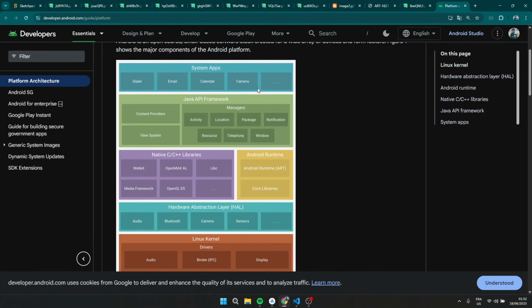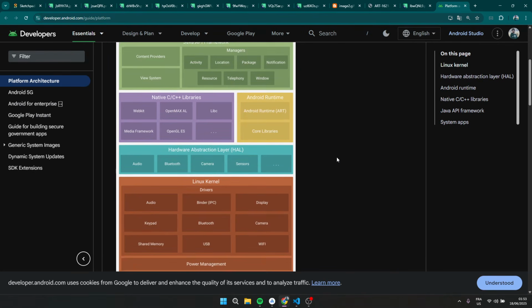We also have broadcast receivers. A broadcast receiver is a type of component that is designed to respond to system-wide events. Its primary purpose, guys, is just to handle events. So, what happens when your battery is getting low? What happens when you plug in your charger? What happens when you get a phone call from your friend? All those things are managed by something we call a broadcast receiver.